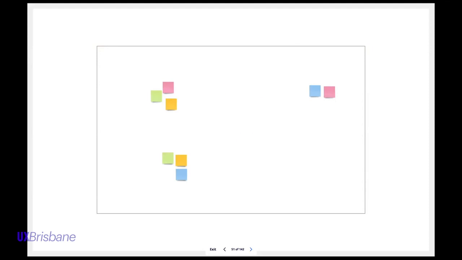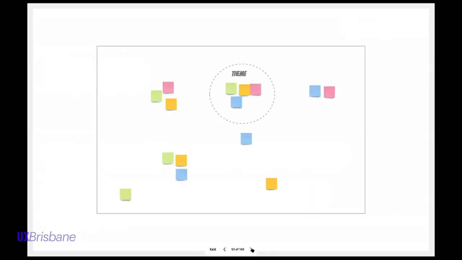There can also be anomalies, one long-term goal that is just by itself, and that's okay. But the idea is to converge these diverse ideas and thoughts about a particular topic, find themes, and then discuss, okay, are these the key things that we want to hone down on? So that's how it sort of works, especially on day one, with these different topics we'll go through. So that's long-term goals. And the outcome here is having a clear direction on one, two, or three things that we want to achieve.